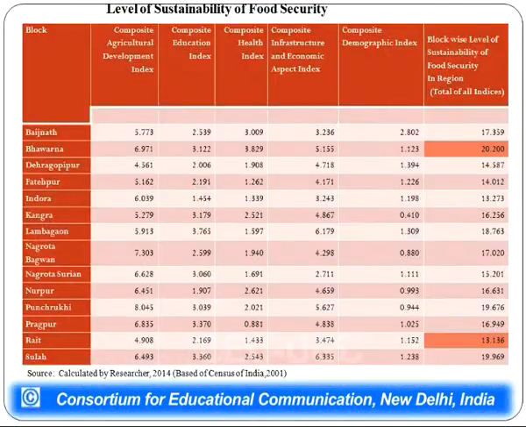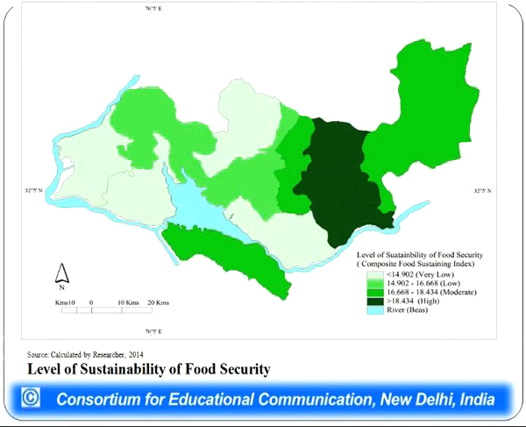And now we can see the situation. Kangra is better, Bhaurana is better, Raith block, but on the other hand Bajnath, which is located in the high hilly region, the situation is not so good. You can see the level of sustainability of food security in this map. So, Bajnath in the upper part,